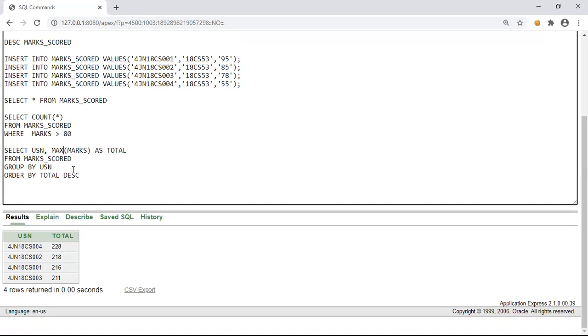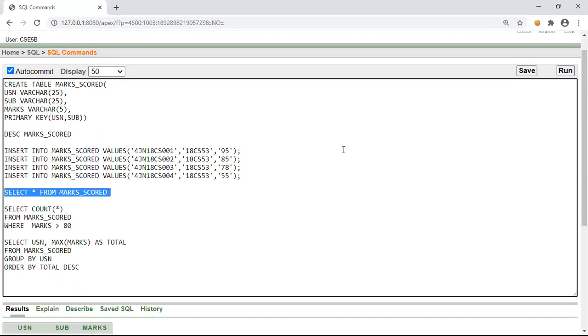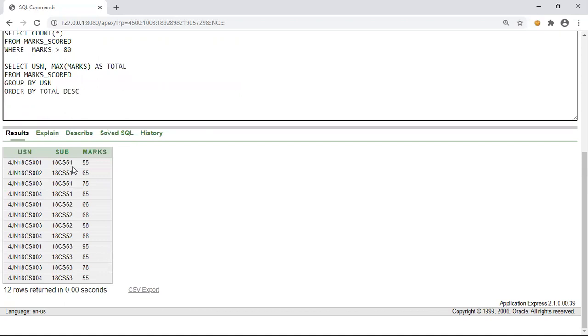For each subject, if we want to find, then we have to group the data in such a way that for each subject a separate group is created. So let us look at the data once again. Now if we want to find the highest marks scored in each subject, then we have to group the data based on the subject.